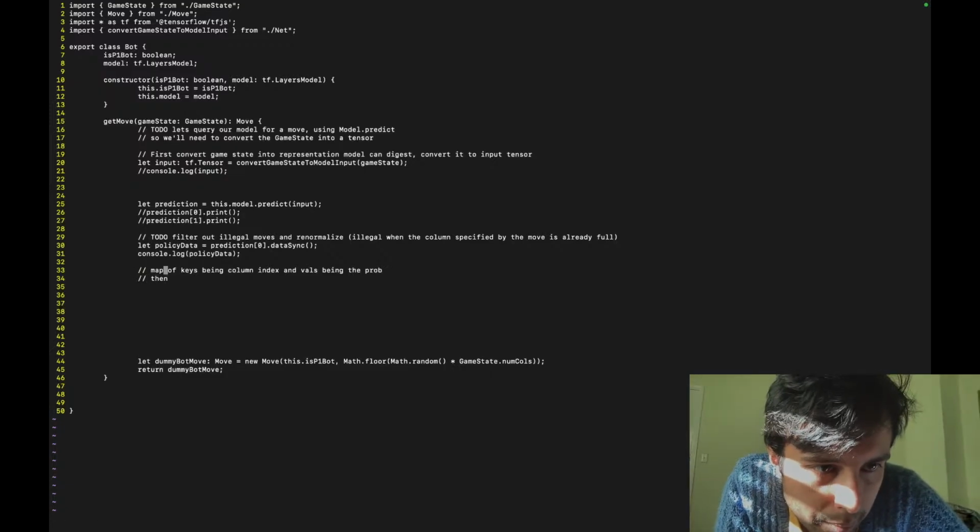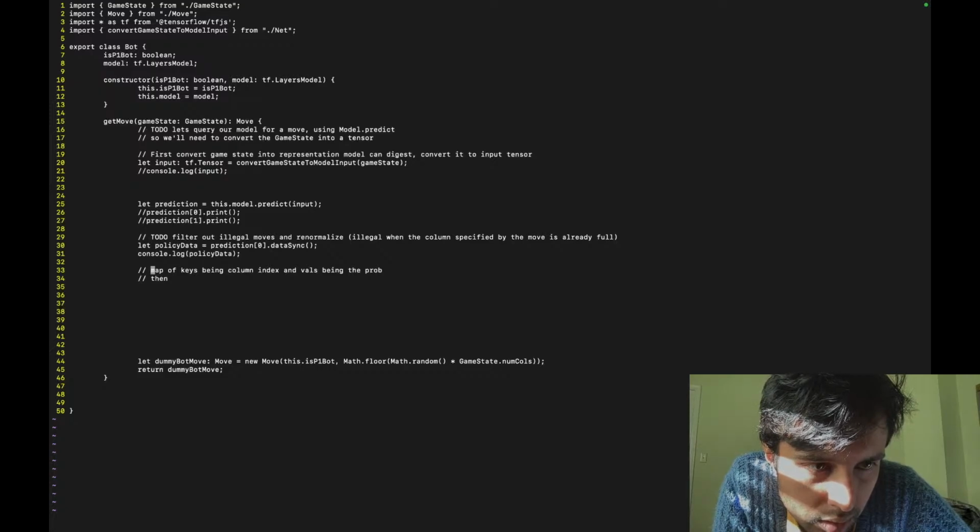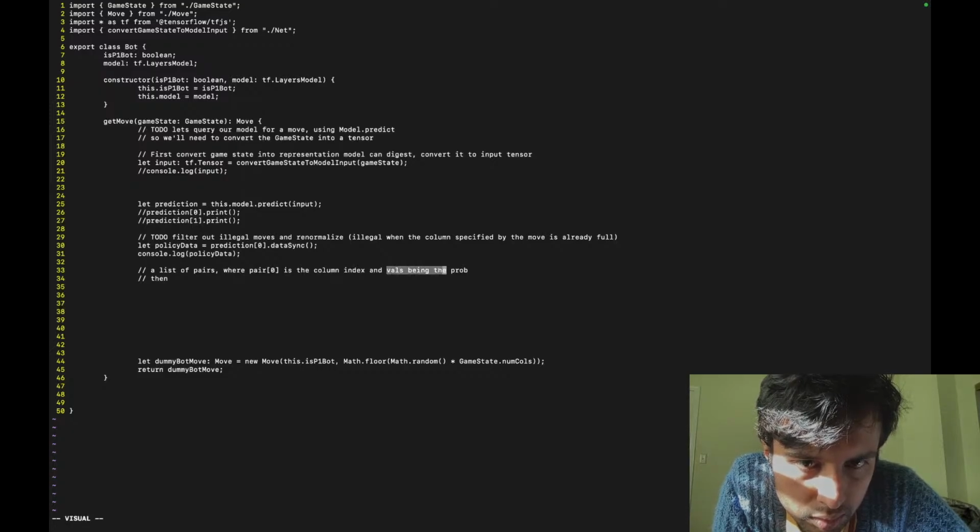Or not a map, but kind of like a list of pairs, where pair[0] is the column index and pair[1] is its probability, right?